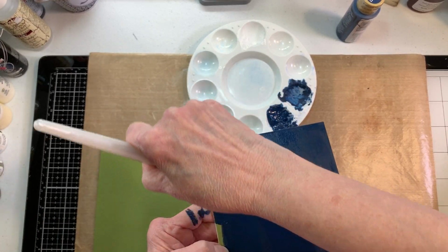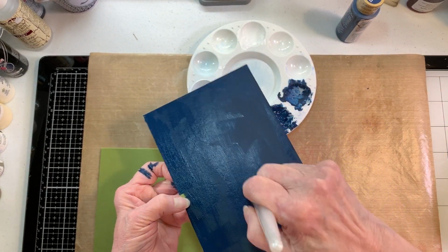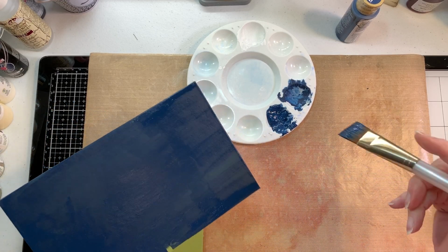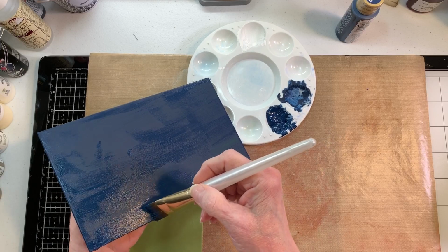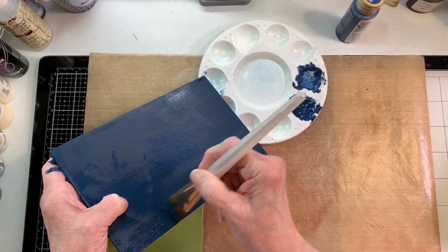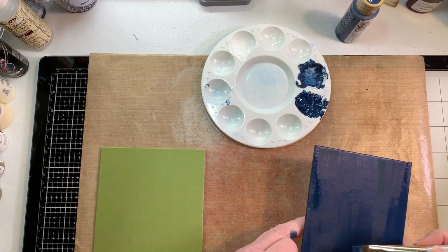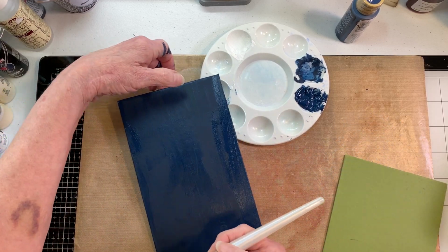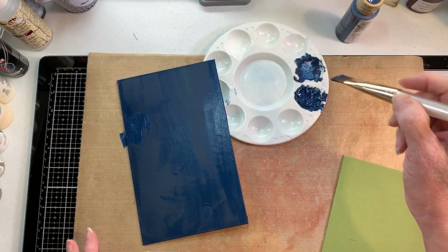What can I say? You are going to get paint on you, just so you know. Have plenty of wet wipes or wet towels or something around. That's why we're doing the inside first, and then we'll do the outside. Now, I'm kind of just laying it down on this palette, if you notice, and I'm just getting it on there as best I can. Now, I am going to prop it up on the palette to take it up off the ground a little bit. I don't know how well that will work, but